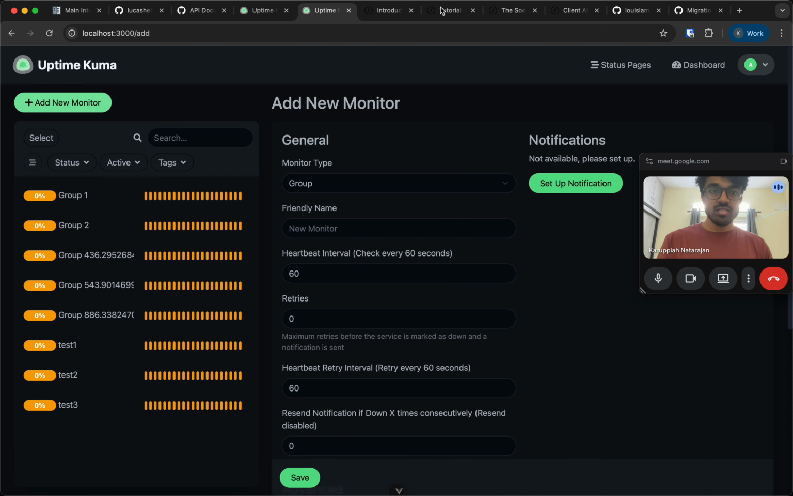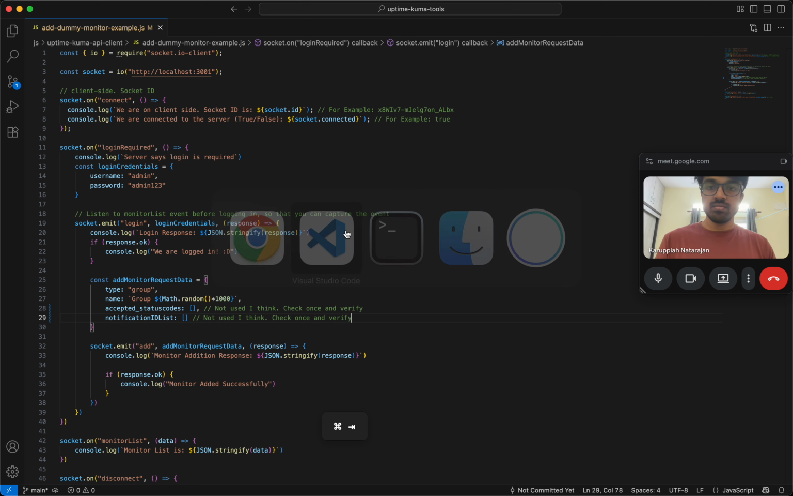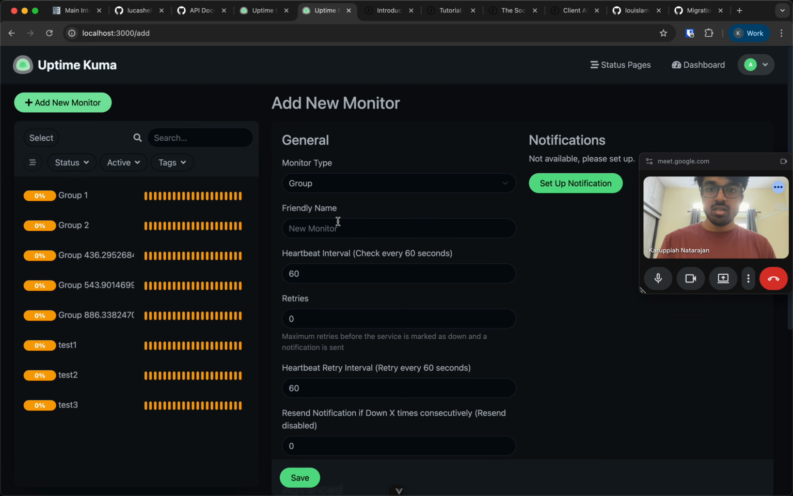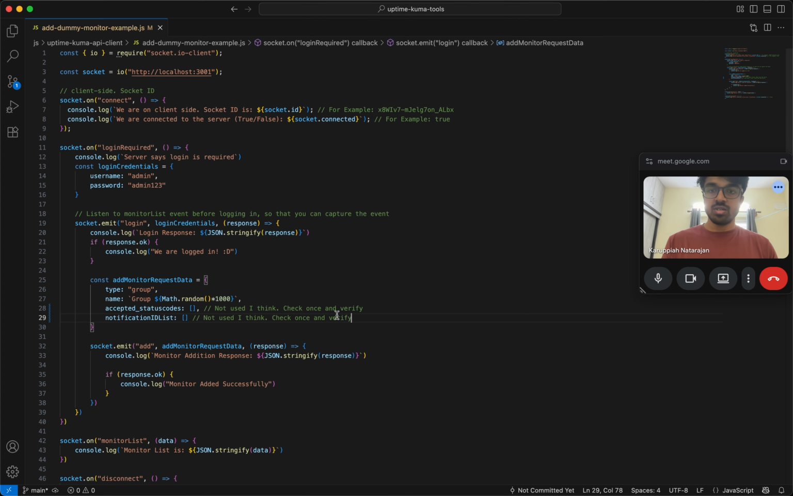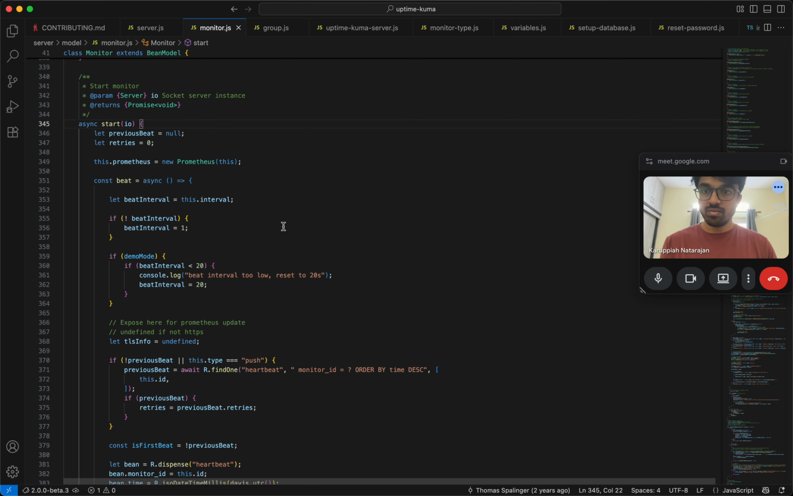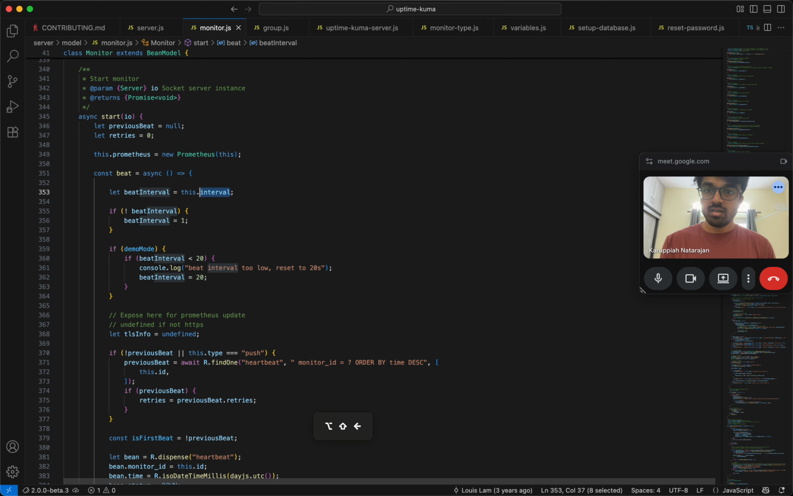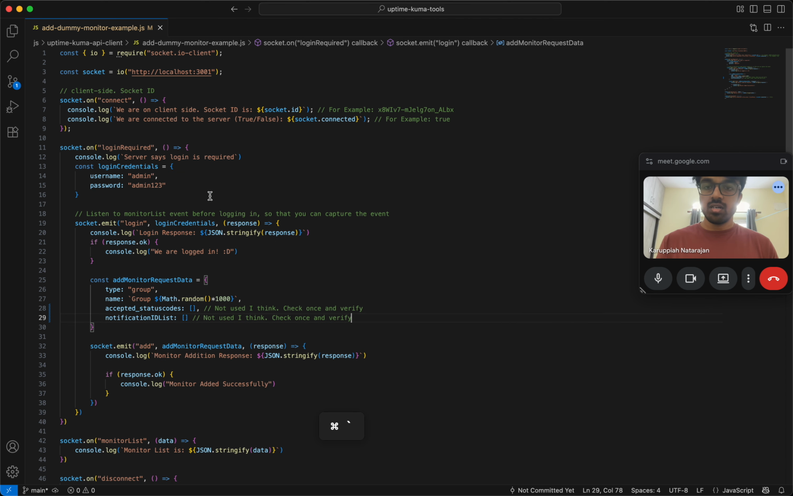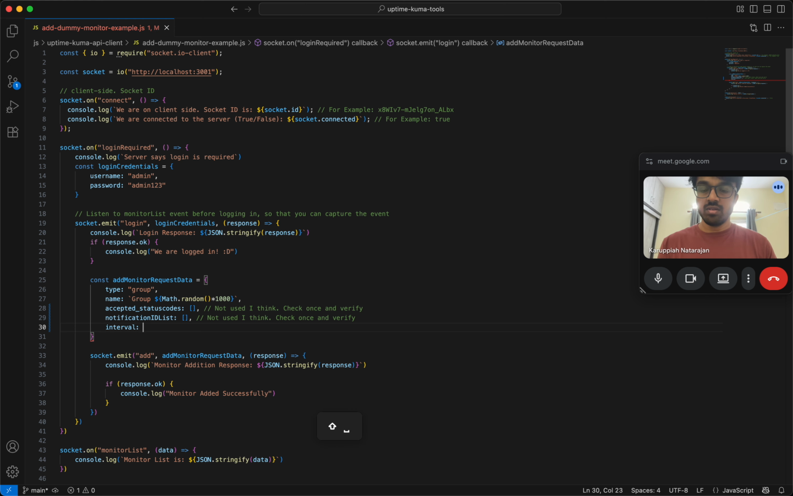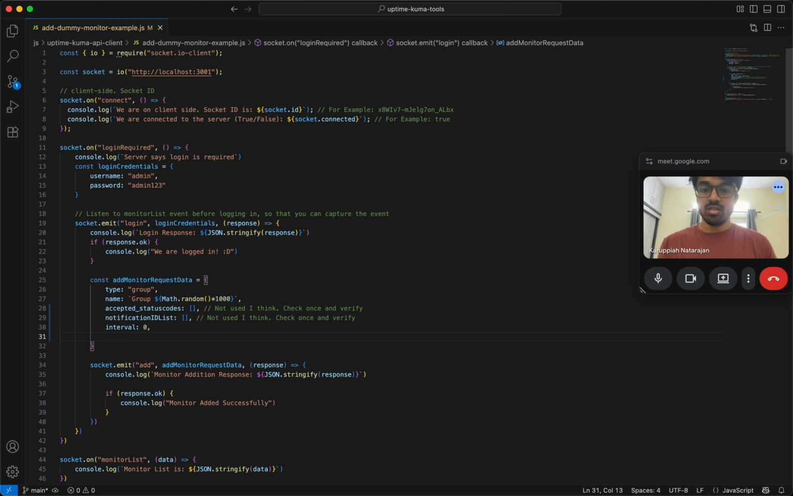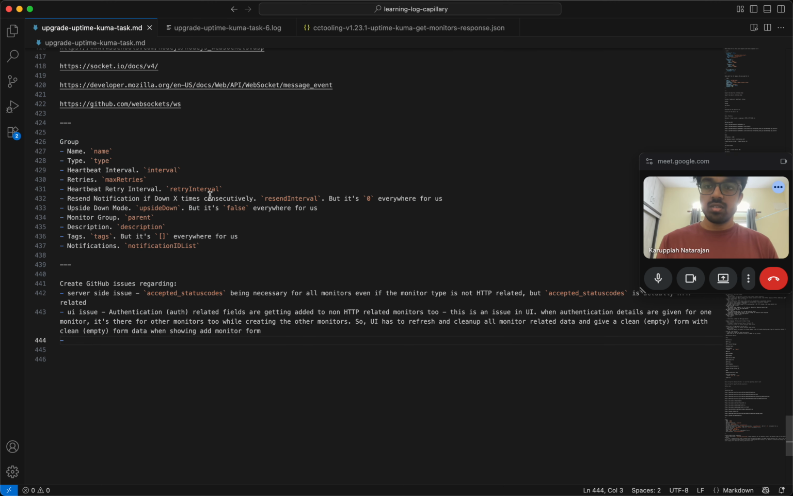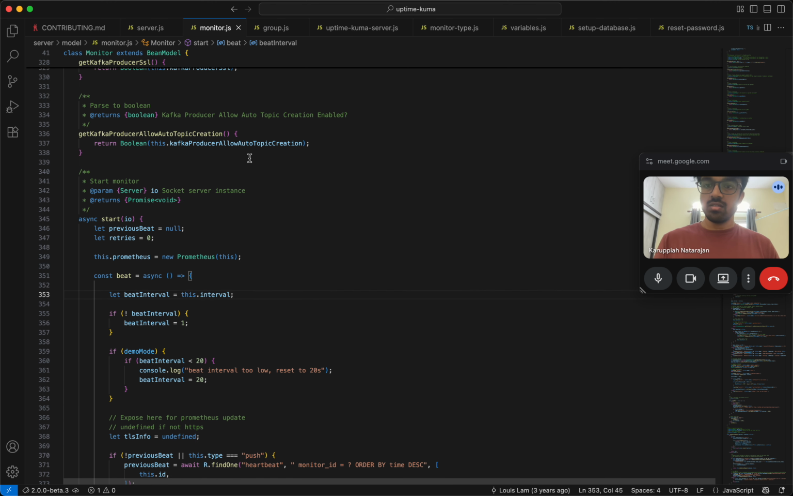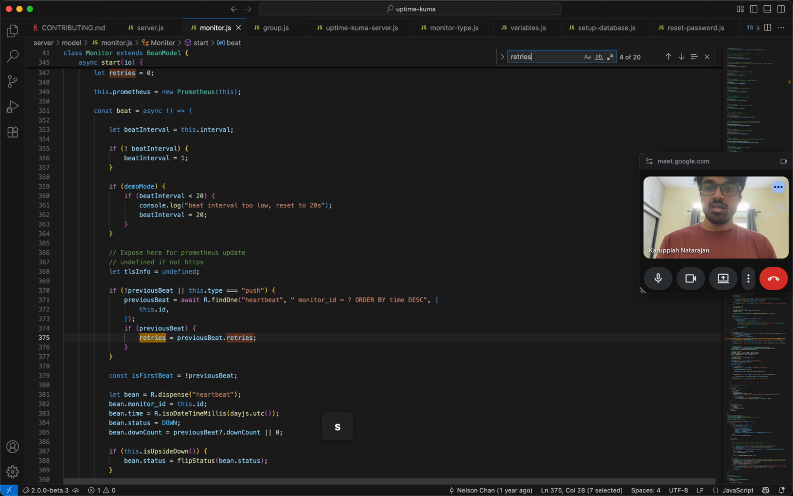So notification ID list is one. Name, type. So name, type, and then interval and retries. Okay, these I have to give. So interval, right? So interval, I think I'll just give 0 here. I think here I'll just say retries